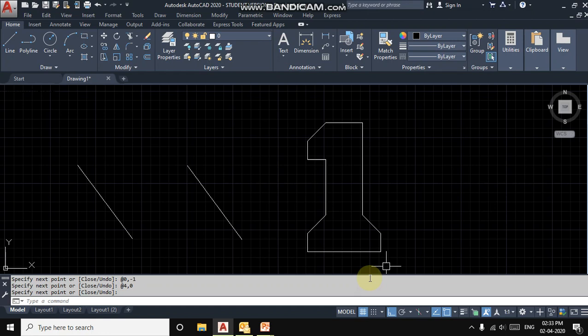Make sure if your dynamic pointer is on, that is F12 is on, no need of giving the at the rate symbol in front of your x and y distances. You can directly give your x direction distance and y direction distance. No need of giving at the rate while your dynamic pointer is on. Next class we